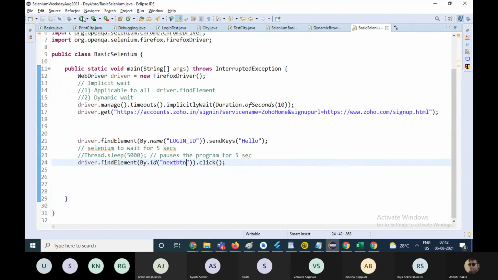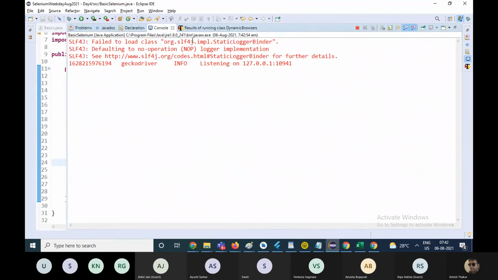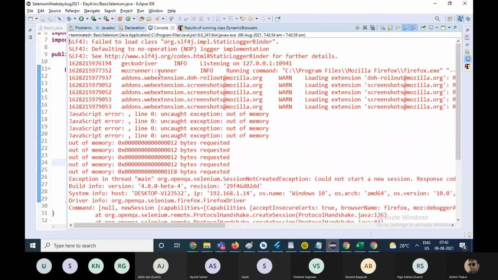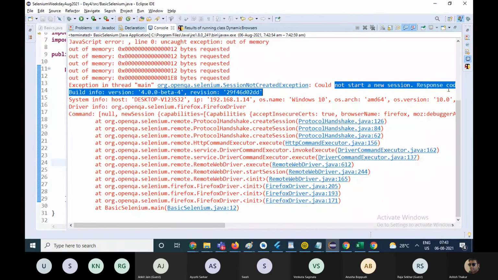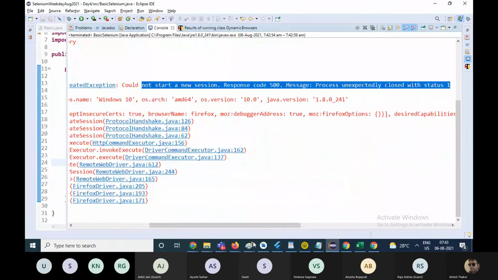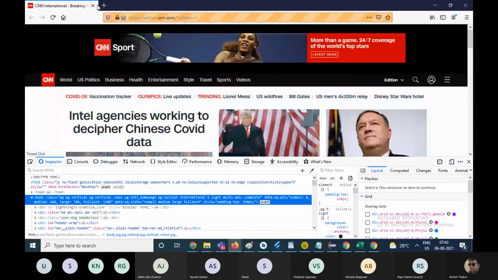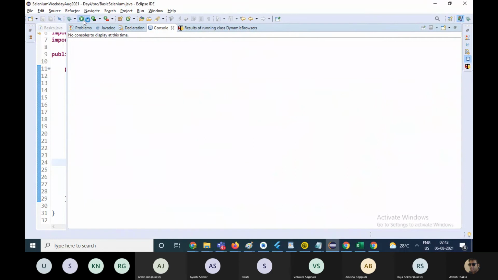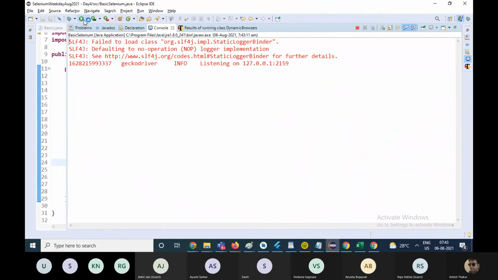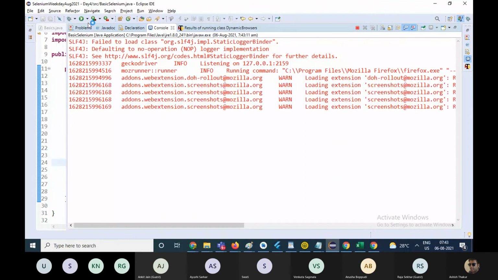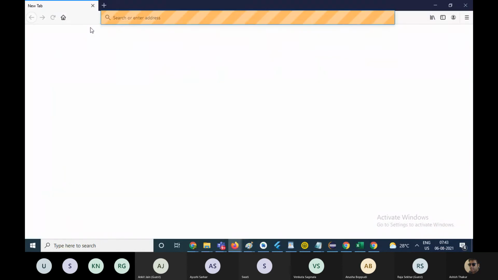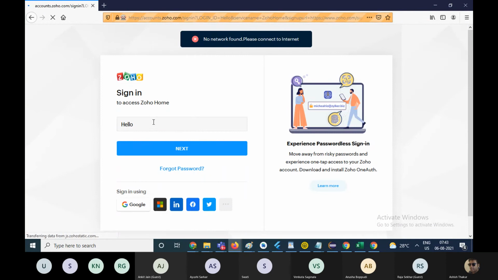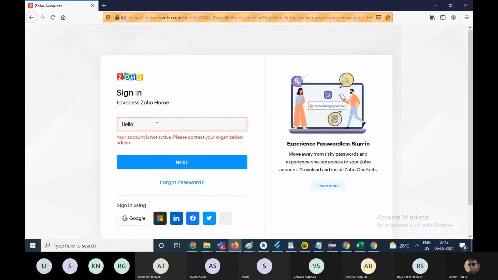Because of the underlying page source, I think my Firefox has updated itself. Yes, it has. I need to update the exe. Let me run it again. Yeah, it's running now. So you see the same thing works over here as well.